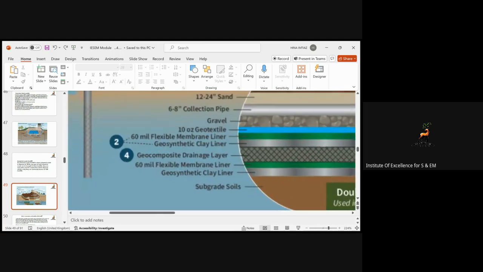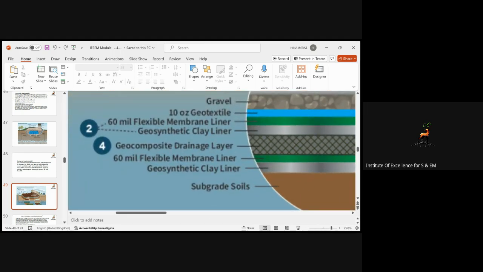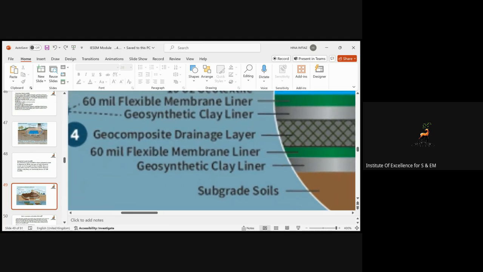So moving towards the fourth one. The fourth one is the drainage layer, and a drainage layer in the landfill leachate collection system is designed for the removal of liquid. And this drainage layer is a component of the landfill detection system. So basically, this fourth component, which is a geocomposite drainage layer, is used to prevent the leachate leakage, because you are preventing the leakage of the leachate.